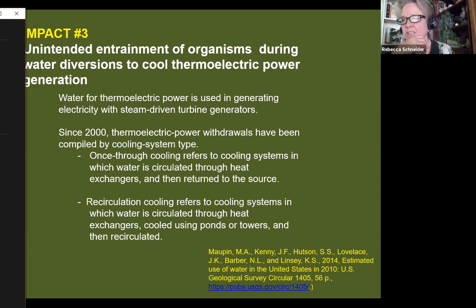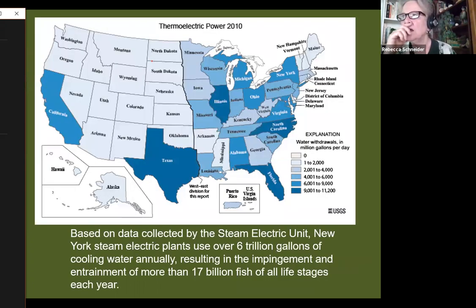This is a really giant quantity of water, okay? And since across the United States, this water, let me show you how much water we're talking about. Thermoelectric power, this is a map of thermoelectric power. So these are water used to cool down the thermoelectric power plants. It runs through one time, comes back out the other side of the plant. It's slightly warmer when it comes out, and it's considered non-consumptive use. So it's very rarely considered as a problem. It's just, hey, we're just pulling in the water, we put it right back out the other side of the plant.